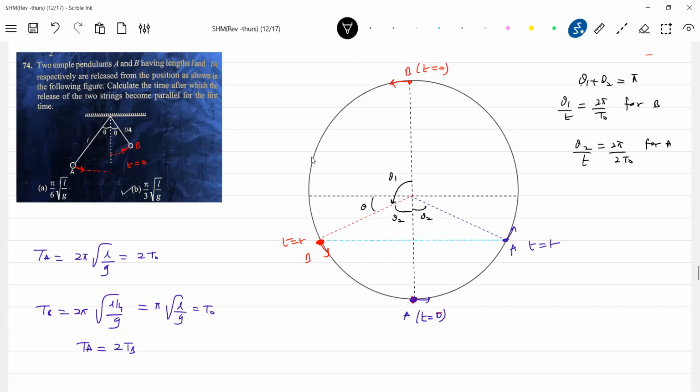So theta 1 will be... so t equals t naught by 3. What is t naught? Already we assumed it. So after what time it will be...